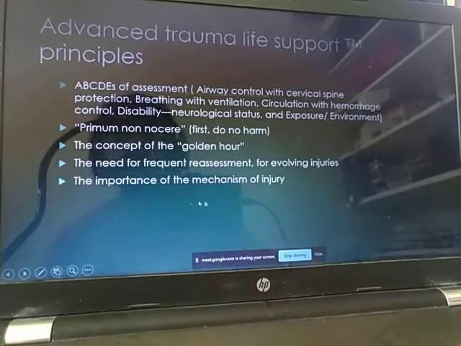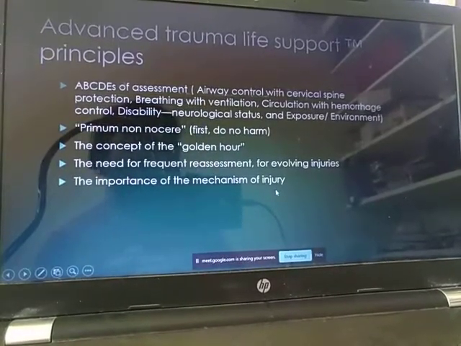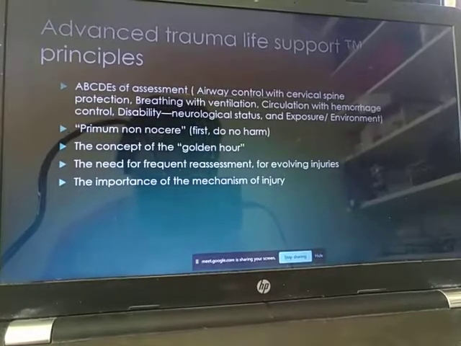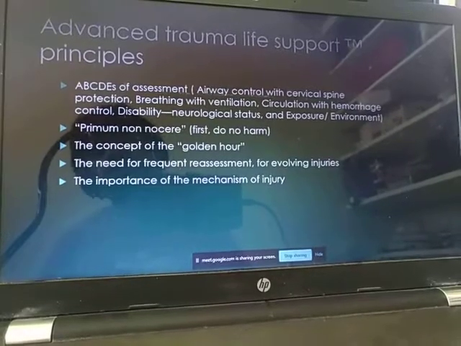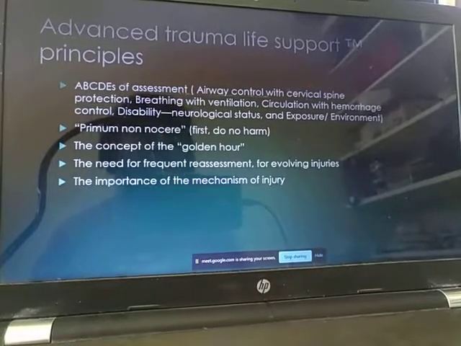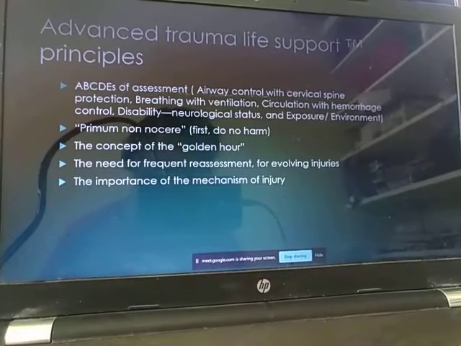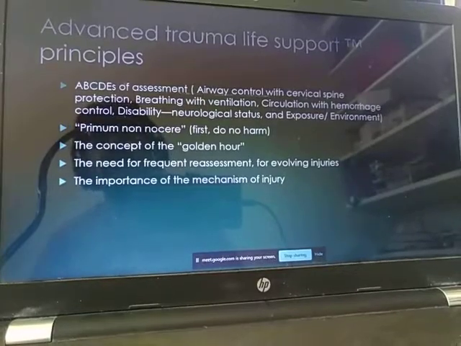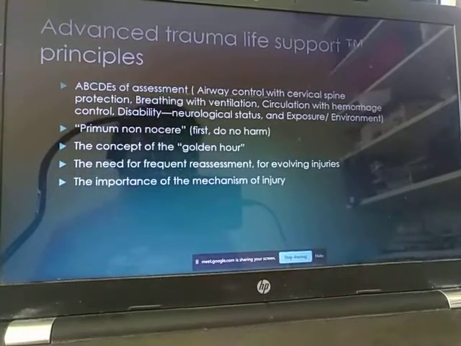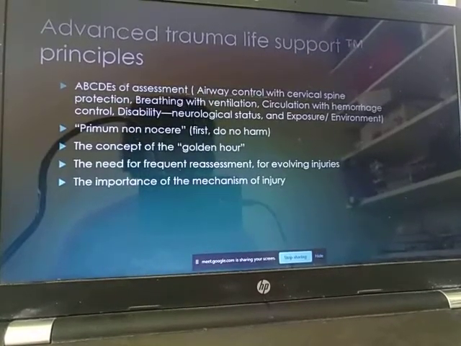The fifth is the importance of mechanism of injury. This is very important because we know that there are generally two types of injury, blunt and sharp injuries, and among blunt injuries also there are two types, high energy impact and low energy impact. The type of treatment or the intervention you will do will depend very differently upon the type of injury the patient has suffered, and also the different signs and symptoms and the complications related to it will be very different.